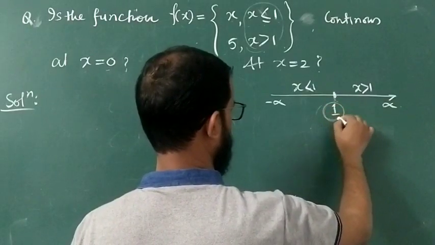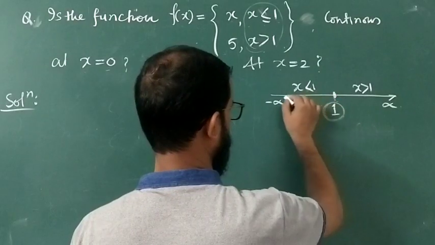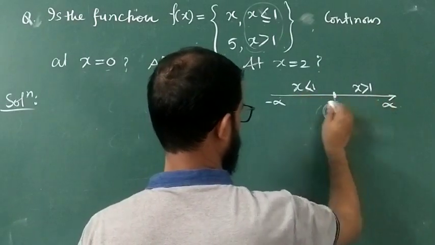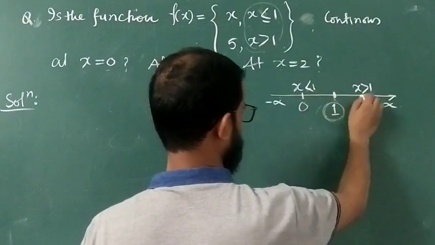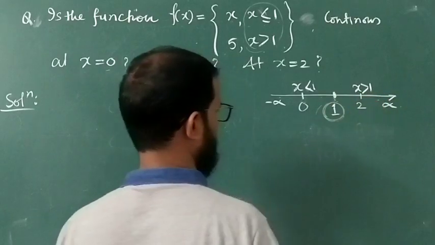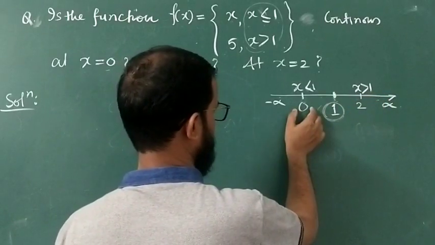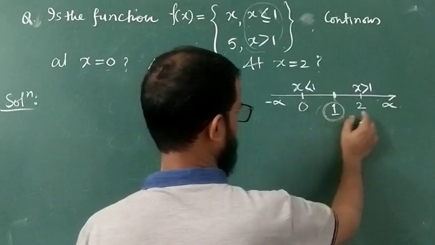इस पॉइंट में हम लेफ्ट हैंड लिमिट राइट हैंड लिमिट यूज़ करेंगे, और ये बाकी जो पॉइंट है वो हम नहीं करेंगे, because x equal to 0 is here, and x equal to 2 lies here. तो x इज इक्वल टू 0 के लिए लेफ्ट हैंड लिमिट राइट हैंड लिमिट यूज़ नहीं करेंगे, दूसरा तरीका यूज़ करेंगे।